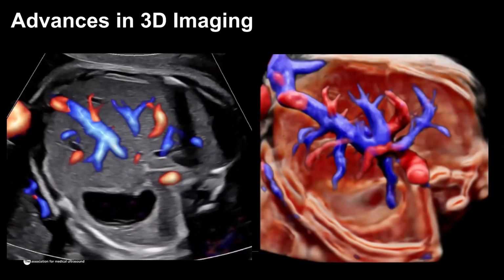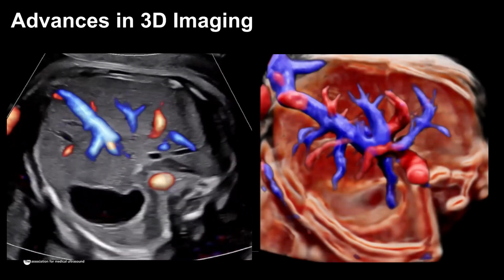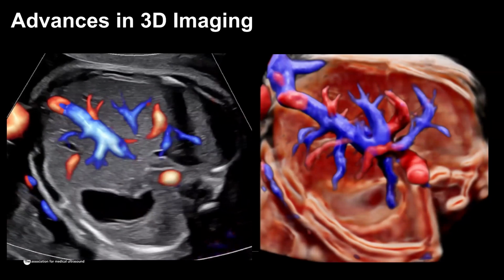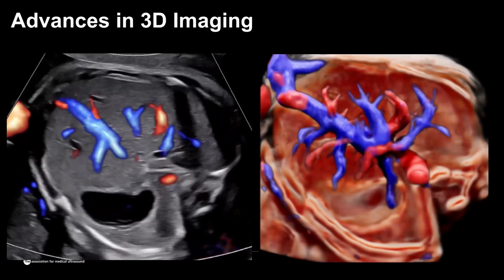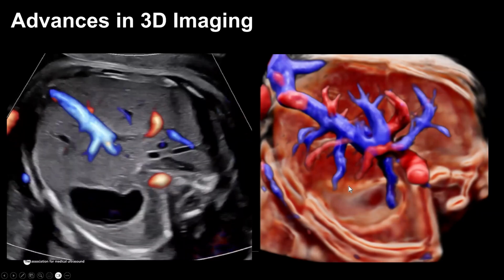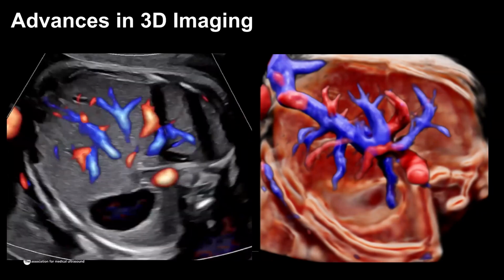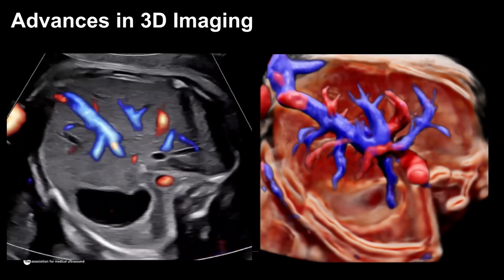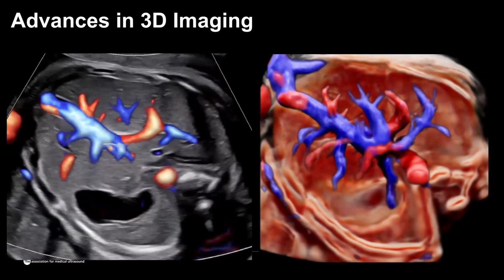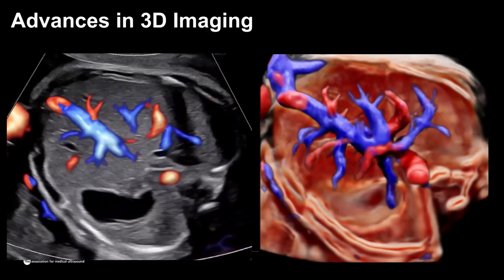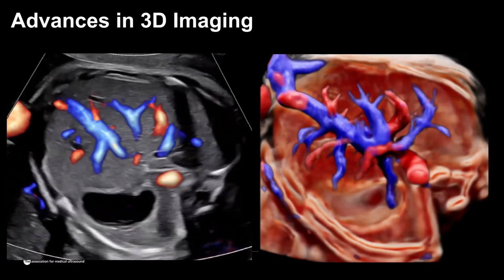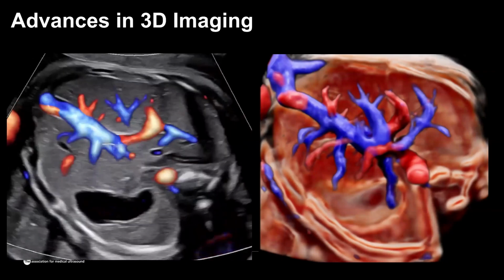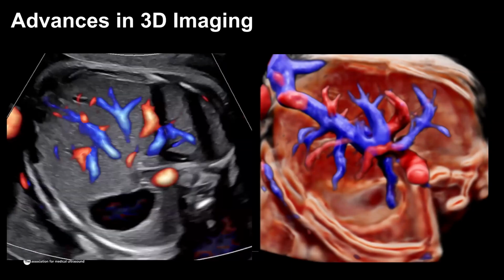So as I said, any type of color can be combined with the 3D imaging, and it could be the thin static 3D acquisition or the STIC technology. And here you can see the vasculature of the liver. Again, this is a very important thing to look at because some malformations may involve the system, and there are a lot of different structures, so the 3D helps the spatial orientation between them. This is the application for which I use imaging with 3D and color most of the time: the evaluation of the anomalies of the umbilical portohepatic system.